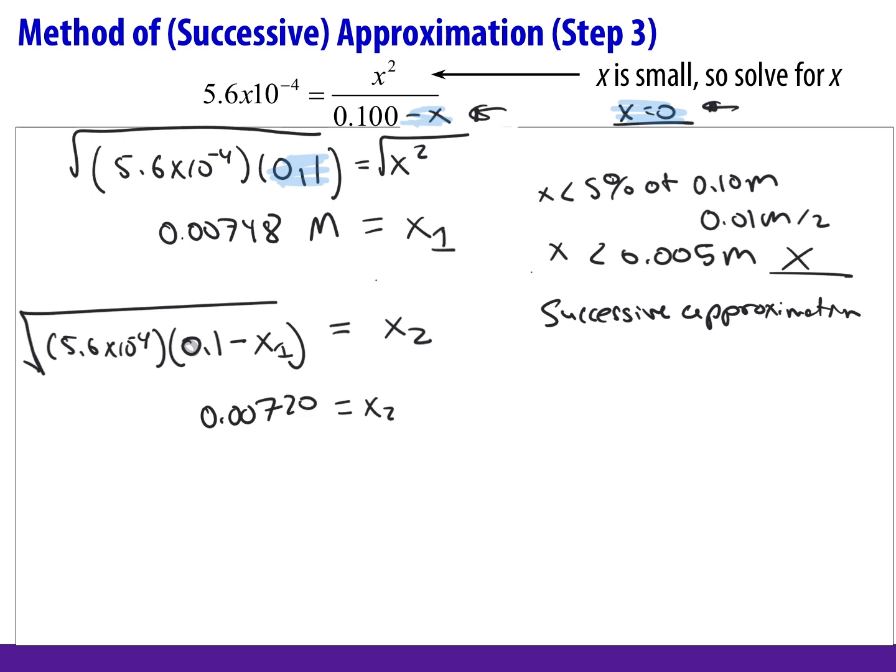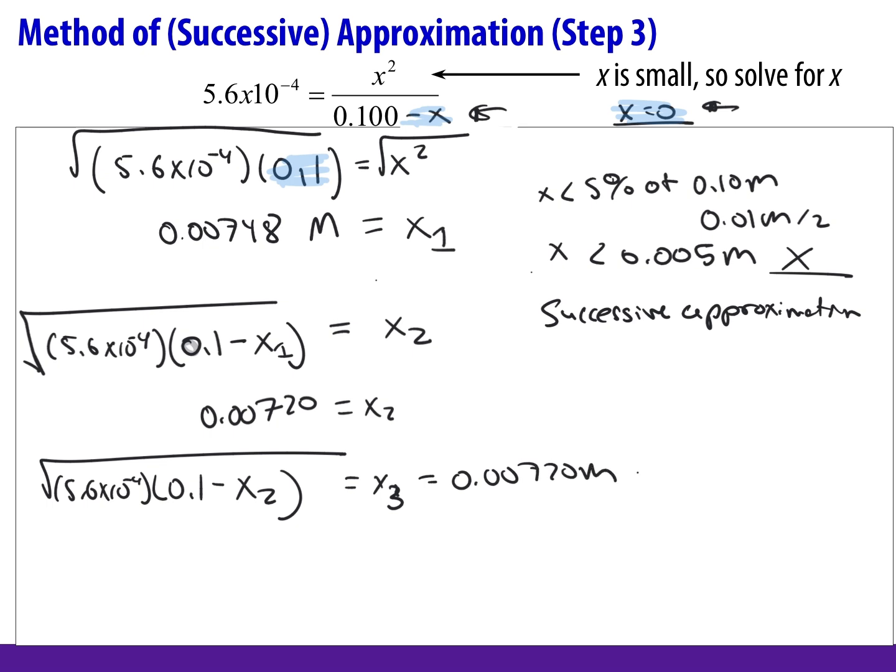That's pretty close. The point of successive approximations is I just do that exact same procedure again. So I'm going to do square root of 5.6 times 10 to the minus 4 times, now my guess is 0.1 minus x2. And this one should end up staying pretty consistent. So I just click that up arrow on my calculator, and I'm going to replace 0.00748 with 0.00720. I don't have to retype that whole thing, right? If I just click that up arrow to grab a previous calculation, I can just edit that value. And when I do that, I get